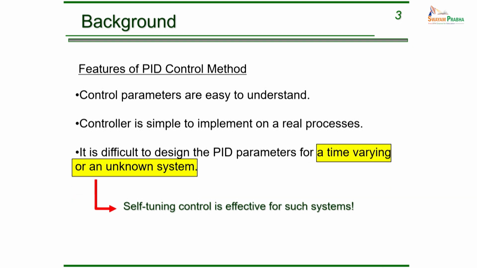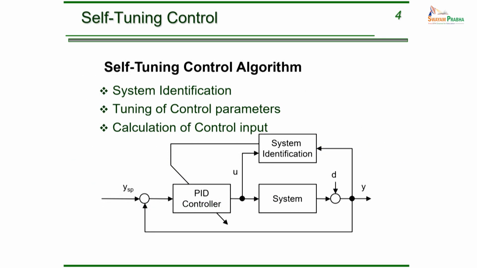Okay. So when you have a time varying or an unknown system, self-tuning control or adaptive control is truly effective for such systems. What do we mean by self-tuning algorithms? Here we have a conventional closed-loop system,